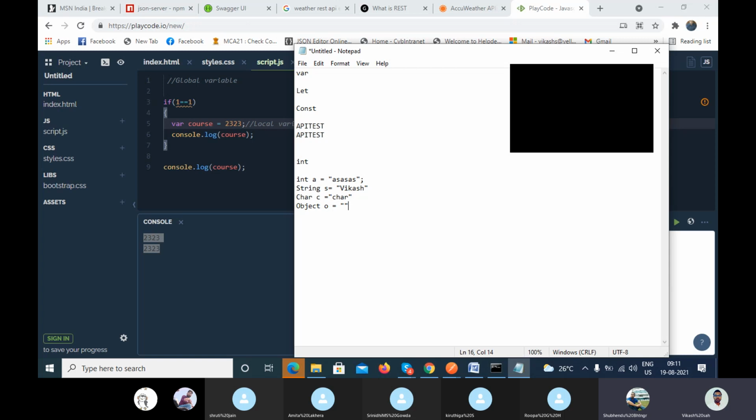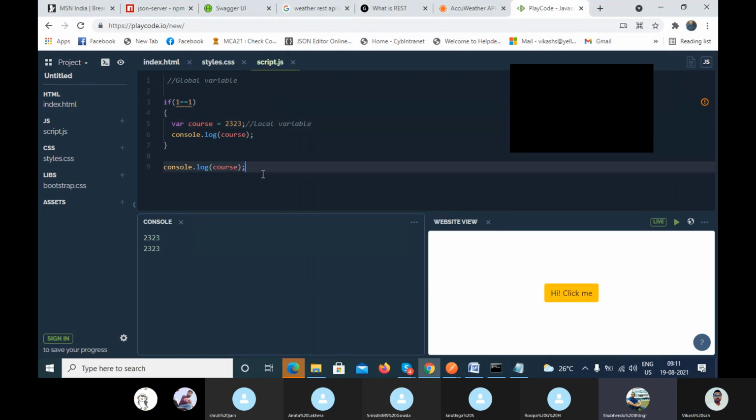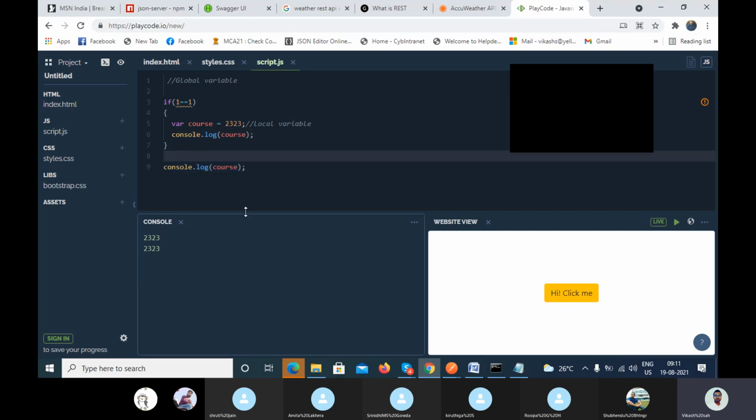One query here: because we are using local variables within the scope and out of the scope also, what is the use of a local variable, if it is mainly used within the scope? Within the scope we can use it in JavaScript. What happens if you are using var, right? You can use that variable outside the loop also. Let's try to finish all the types and then you can ask me the question, so you will get the clear picture. Okay,